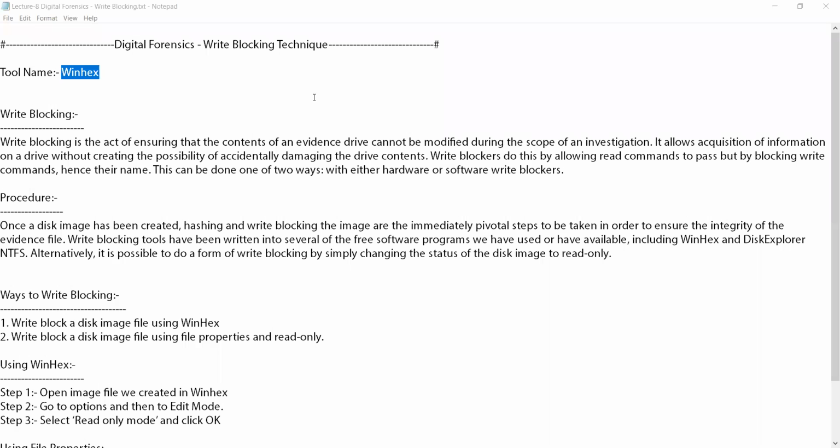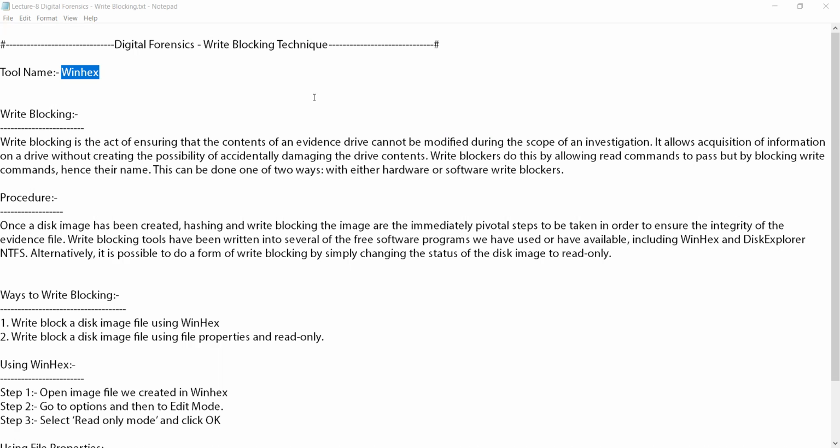So how can we perform it? We are performing it in two ways. The first way is to write block the disk image using WinHex, and the second way is to write block a disk image file using the properties and the read-only permission.